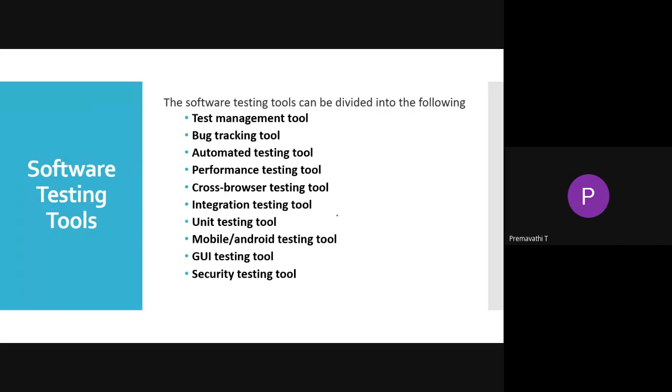According to your project, whether it is an application or a website or something else, we have to choose the tools we are going to use for testing. We have to decide this during planning. So these are the testing tool varieties.